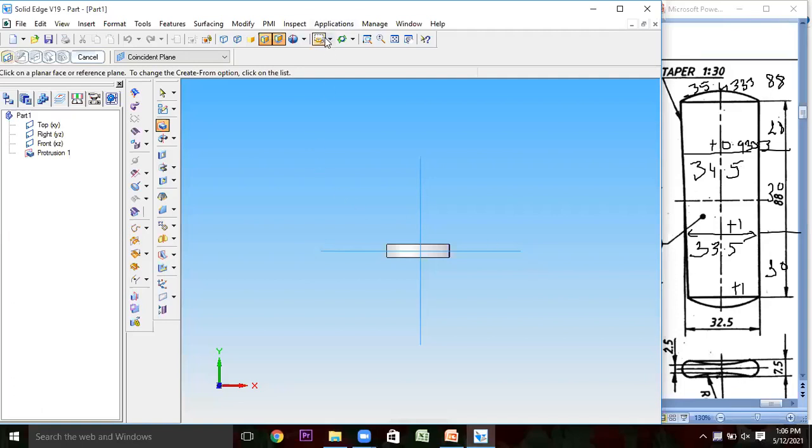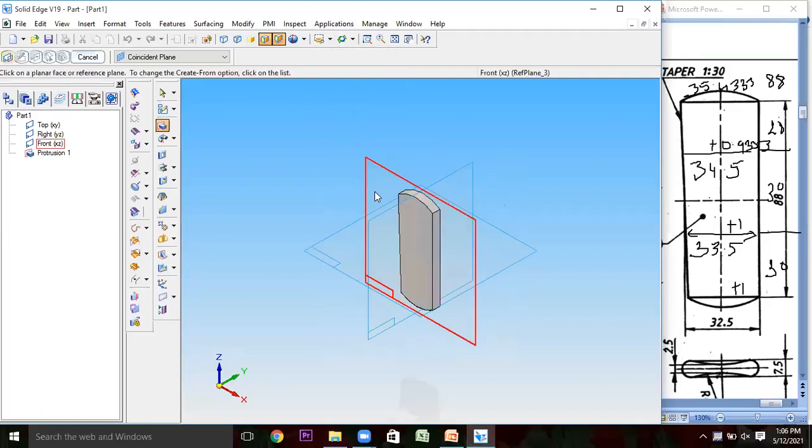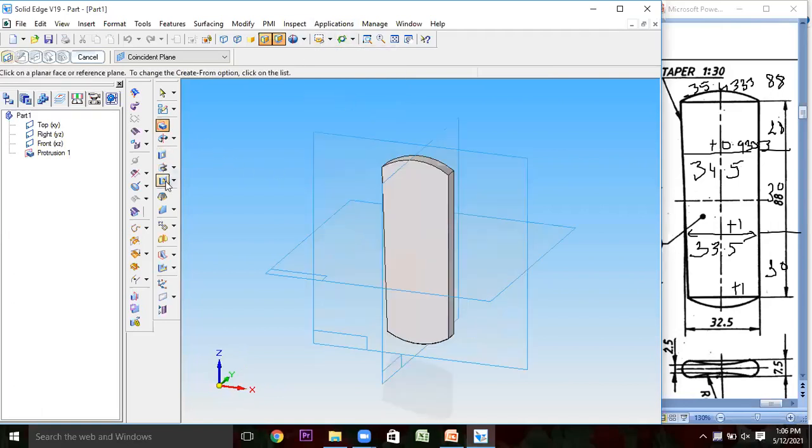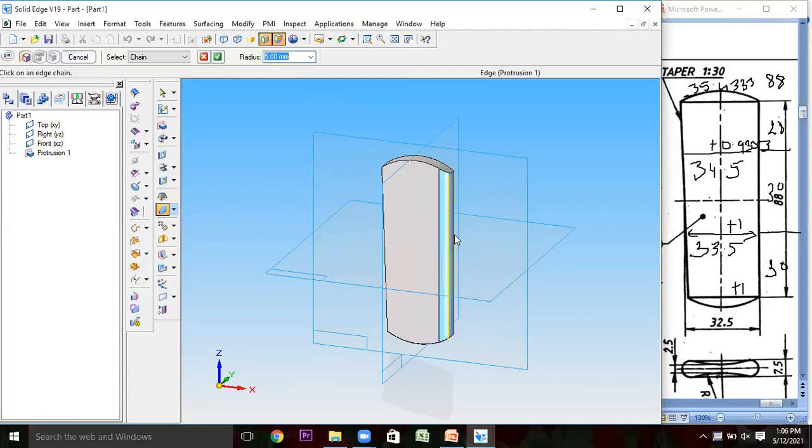So for that, I'm once again selecting isometric position, or I'll be selecting diametric position, and I'll be clicking on this round operation, and I'll be selecting this edge, and I'll be pressing control. Then I'll be selecting each and every edge of this quarter, vertical edges of this quarter, and I'll be specifying radius as